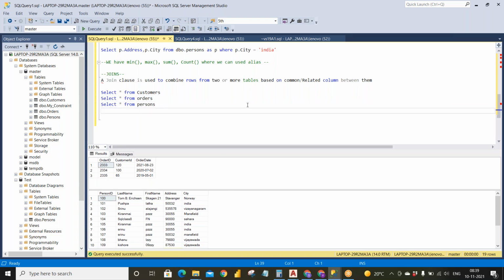First, we will see inner join. So what does this inner join do? It returns the records that have matching values in both tables.